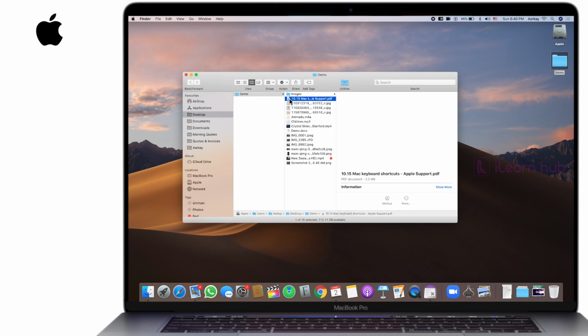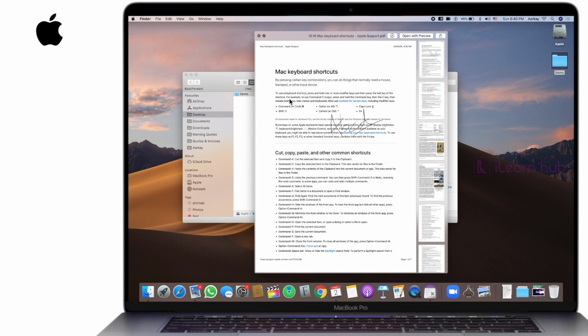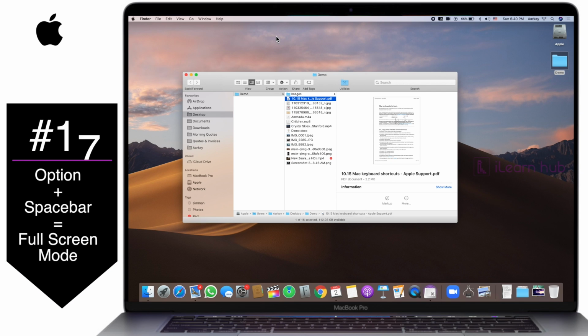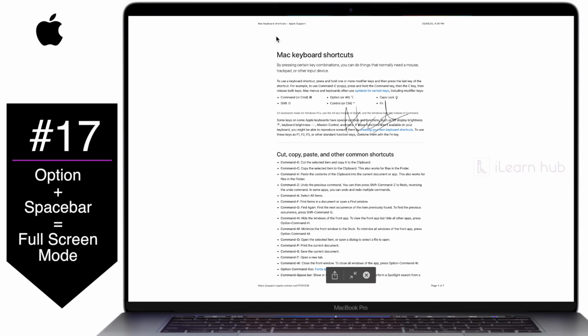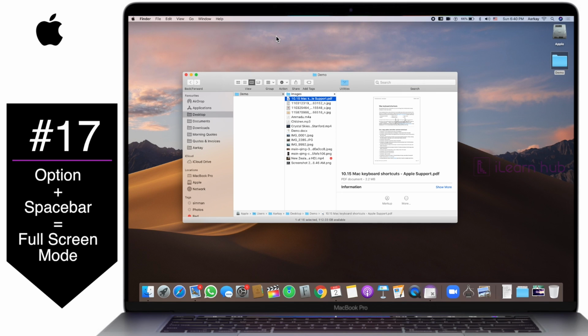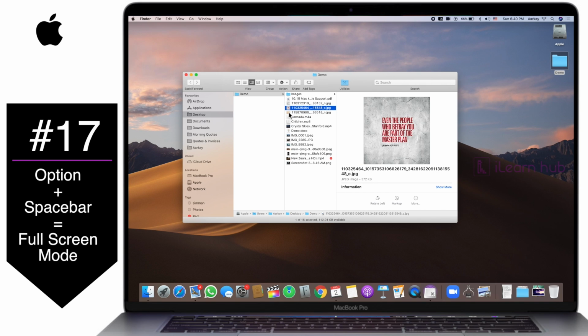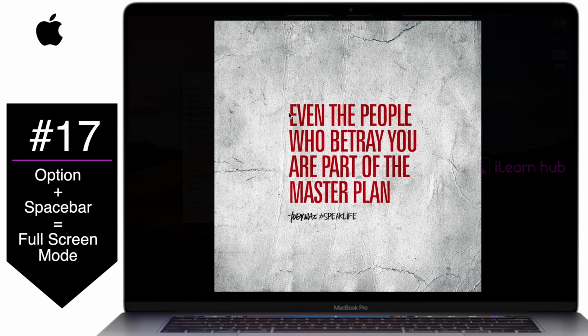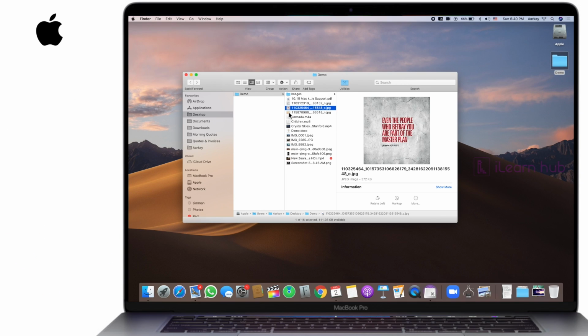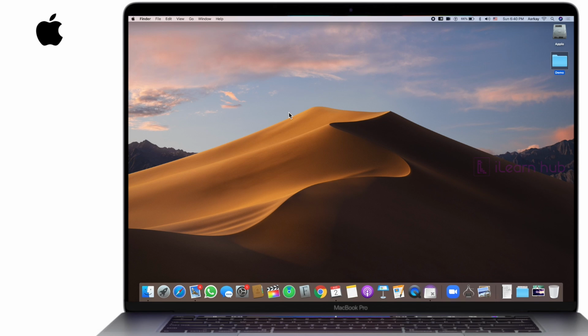Okay, let me go into one of these files. You know that by using the space bar, you will see them in Quick Look mode, but not full screen mode. How do I see it in full screen mode? Maybe you can click on this button. Instead of that, option and then space bar, it directly goes into full screen mode. It can be an image or anything. Let me escape, and even for an image, option space bar directly goes into full screen mode. So this is how you can use the option button even in preview mode.